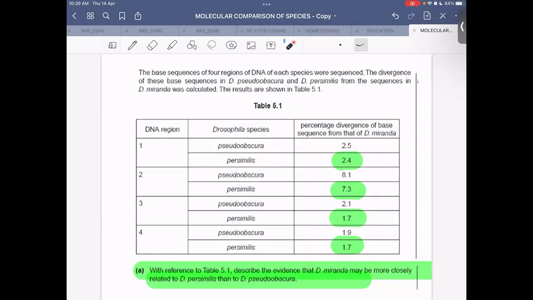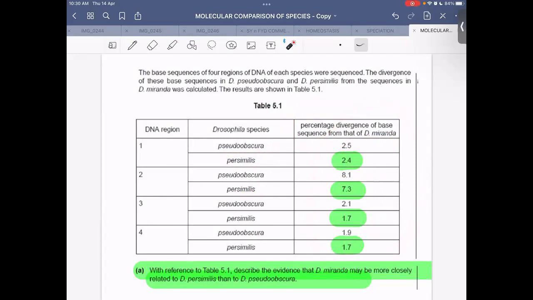The difference in the base sequence between miranda and persimilis is 2.4, whereas between miranda and pseudo obscura it is 2.5. The difference between miranda and persimilis is 7.3, and between miranda and pseudo obscura is 8.1, and so on. So if we look very closely at the table, we can conclude that the Drosophila miranda